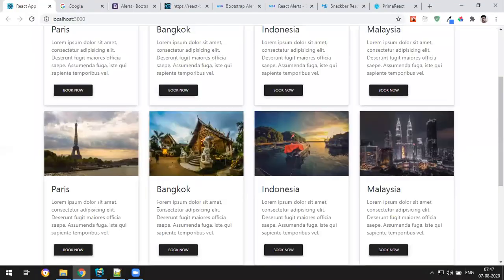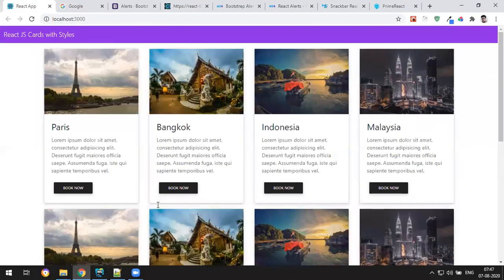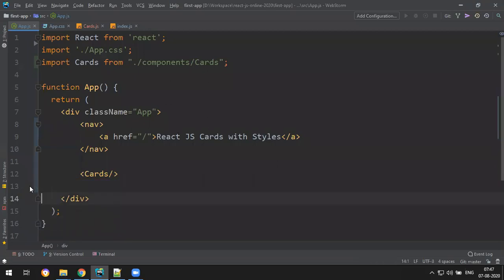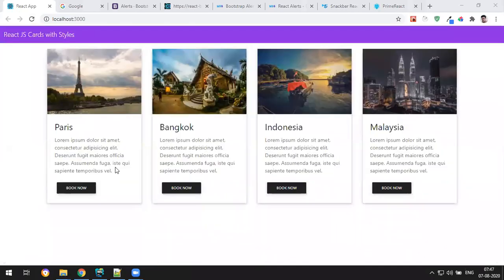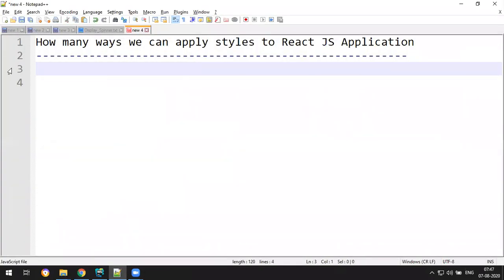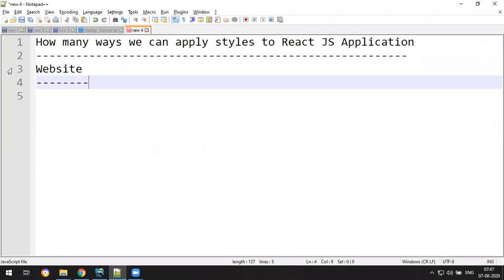So you get those many times data. Okay, fine. So as of now, I want only one time. So this will be like this. Okay. So this is how you connect Bootstrap and you'll write some styles. Okay. So now the next plan is I want to create a nice website. Okay. I want to create a website based on the Bootstrap and the components concept.